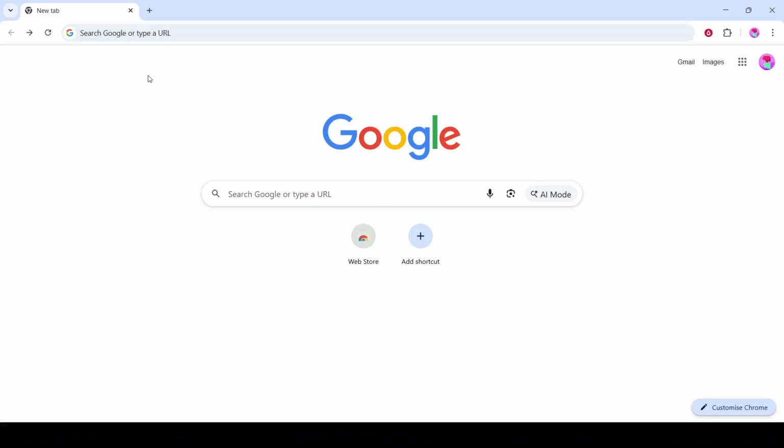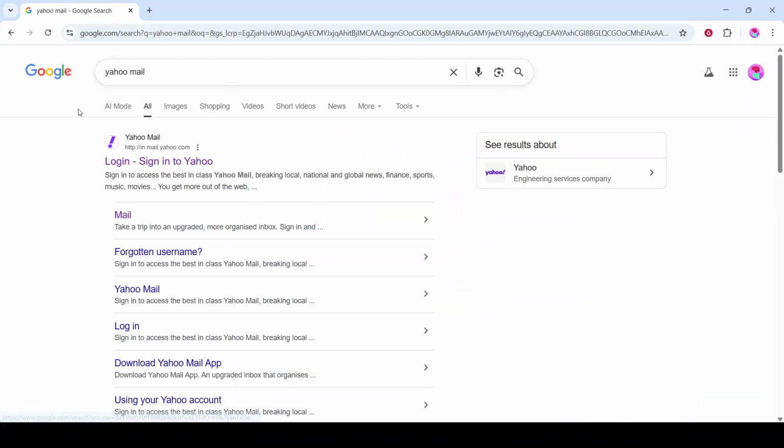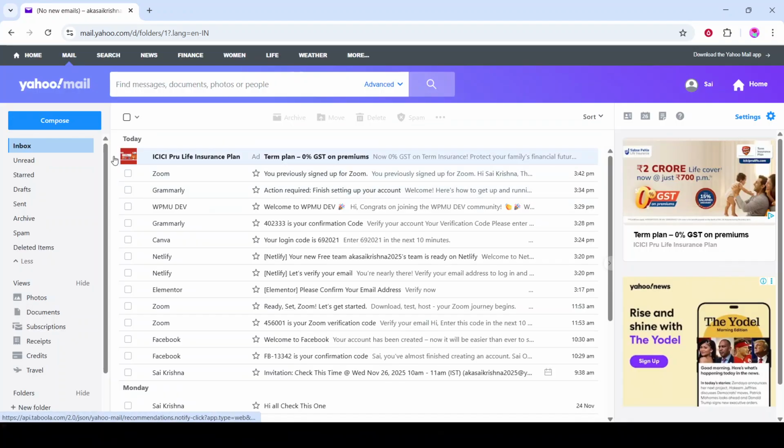In today's video, I'm going to teach you how to create multiple accounts in Yahoo Mail. First, open your web browser and head to the Yahoo Mail login page. Sign in using your primary Yahoo Mail account. This primary account will act as your central hub, letting you check and organize messages from other email addresses in